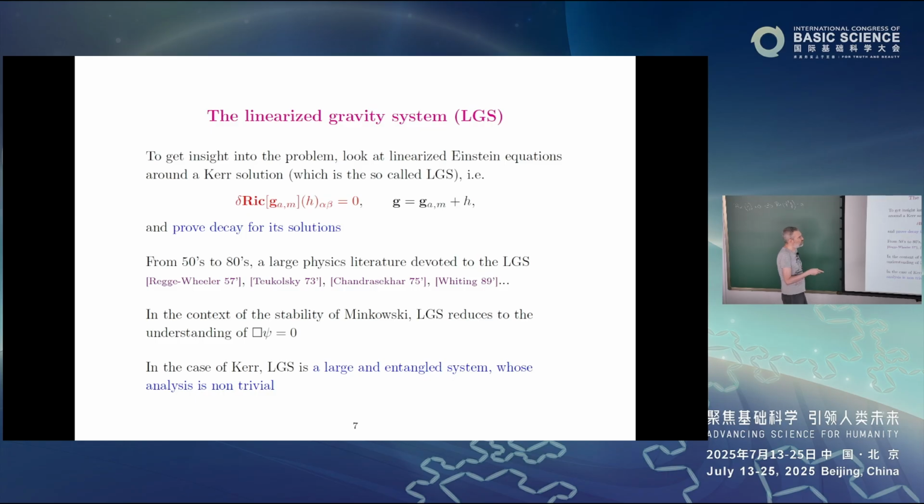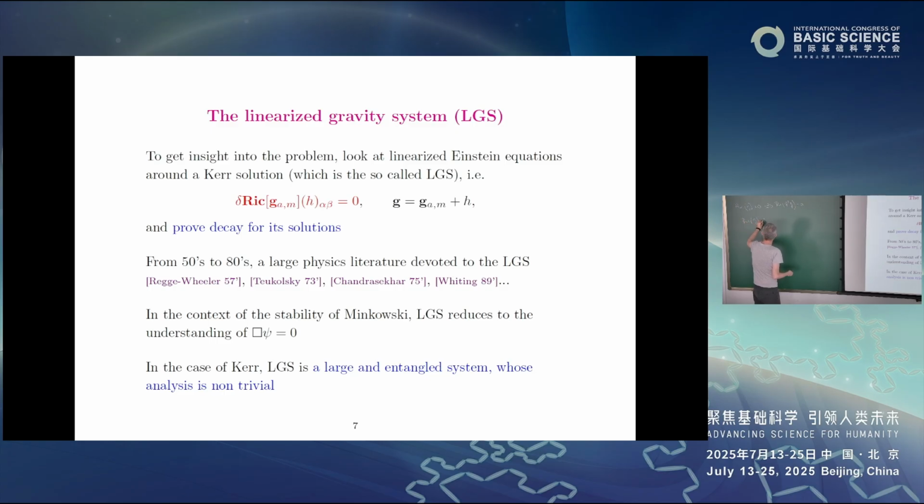Okay, so you write your metric, which you expect to converge to Kerr, as a Kerr metric plus a small perturbation h. So here I'm going to, for now, forget about the issue that, in fact, I expect the mass and angular momentum to change. So let me just pretend that they are fixed for now. We'll discuss the change of parameters later. And I plug this in my system. I expand